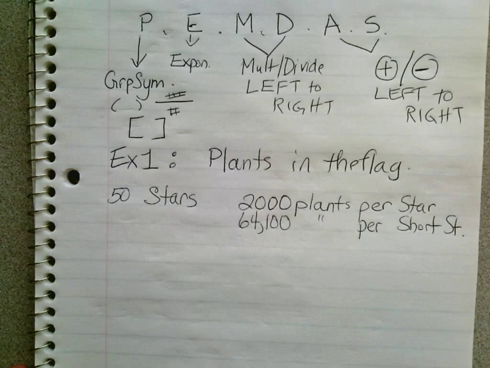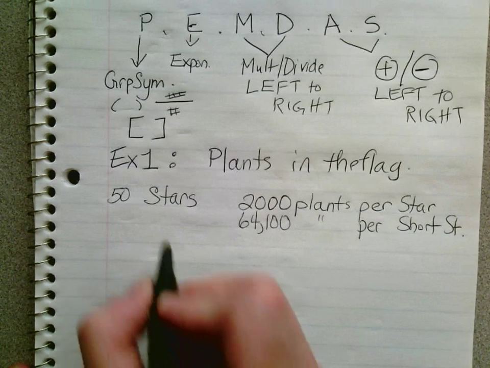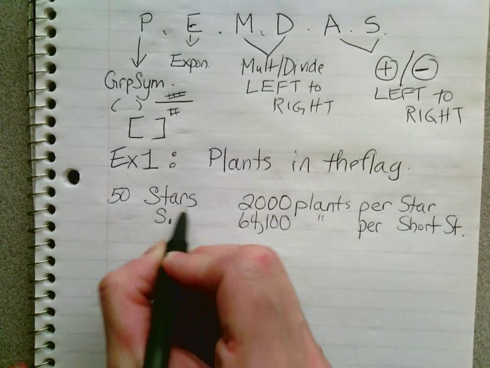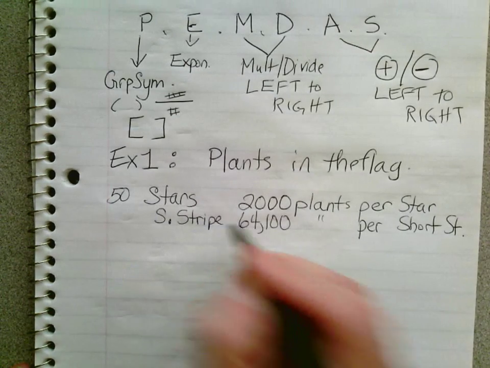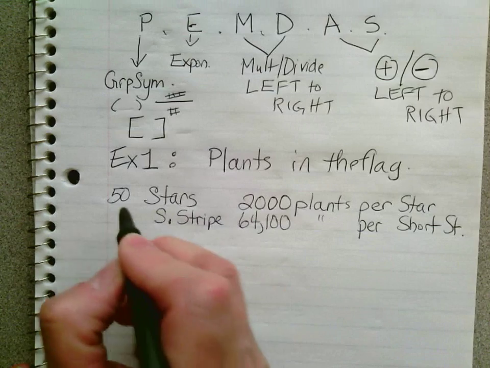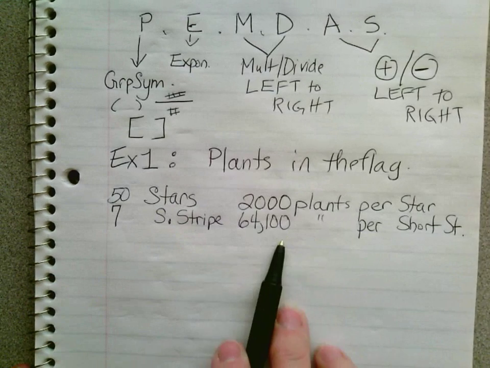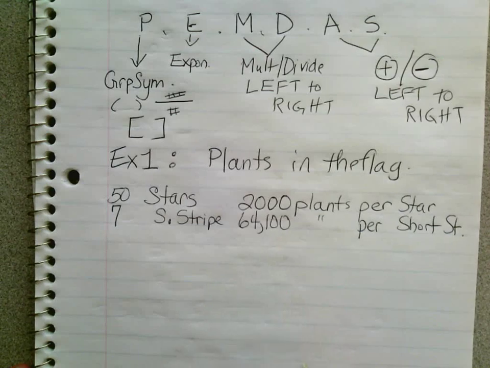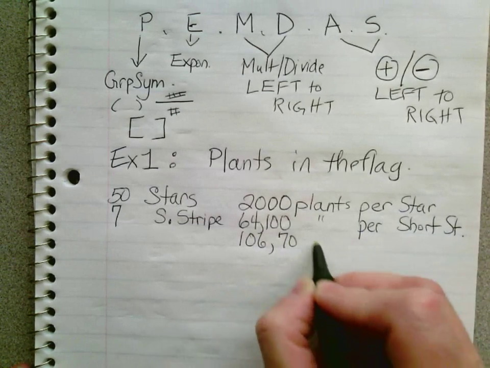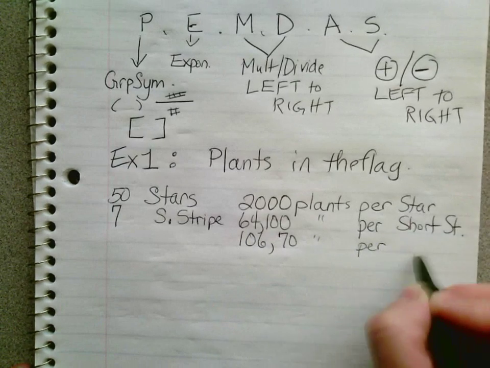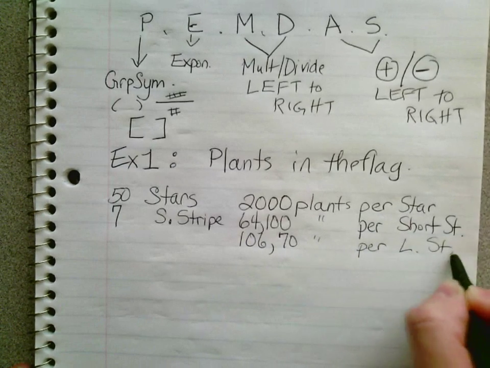Okay? If you don't know how many short stripes there are, it tells you. Short stripe. There's 7 of those. And there are 106,700 plants